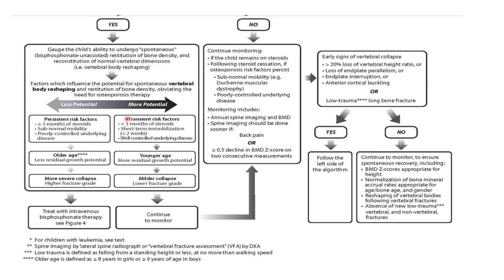There is always a lower probability of self reshaping if there is more than 3 months of exposure to steroids, if subnormal mobility is likely, if the underlying disease is poorly controlled, if the child is of older age with less residual growth potential, or more severe collapse, that is higher fracture grade. In that condition we obviously have to treat with intravenous bisphosphonates. Sometimes there is a good potential for the bone to recover by itself, that is with less than 3 months of steroids,